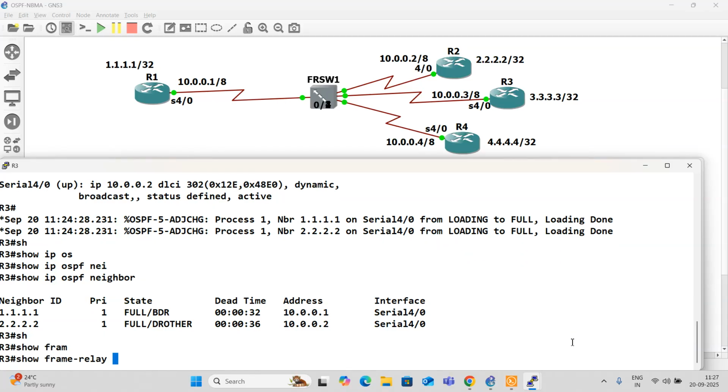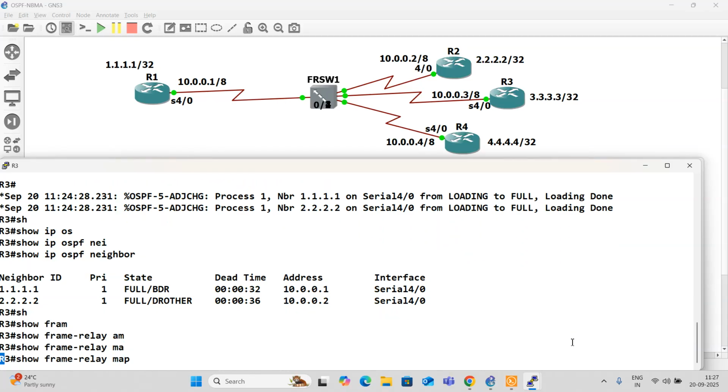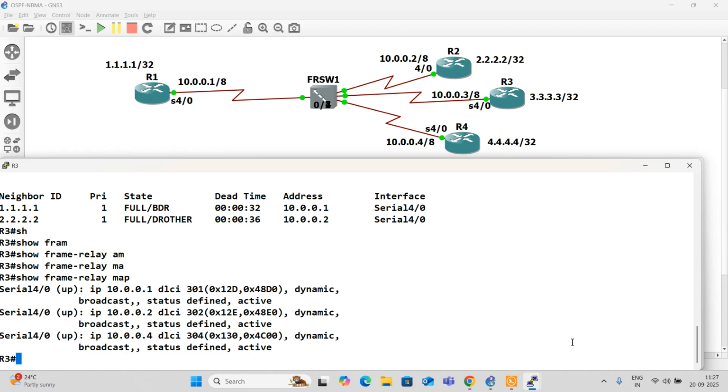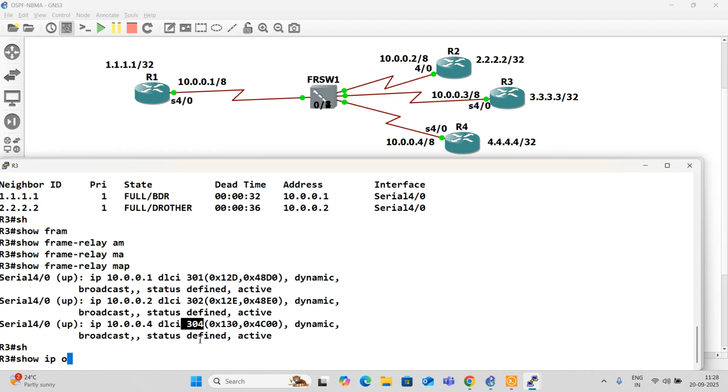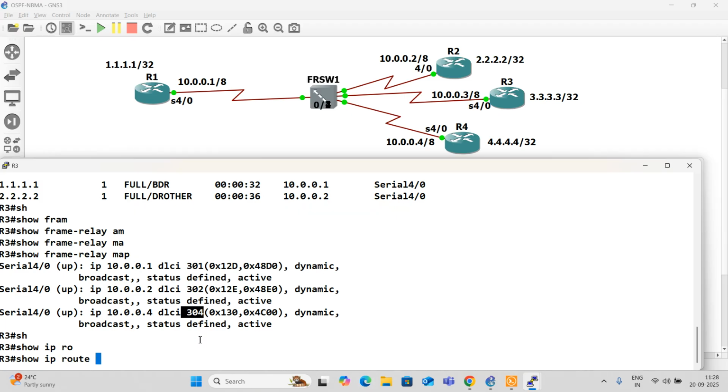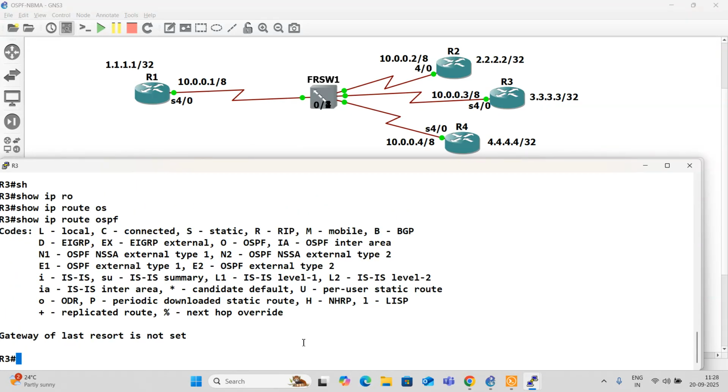Show frame relay map. This is good. To 1 it goes via 301, 302, 304. This is cool. Show IP route OSPF, but no routes learned.